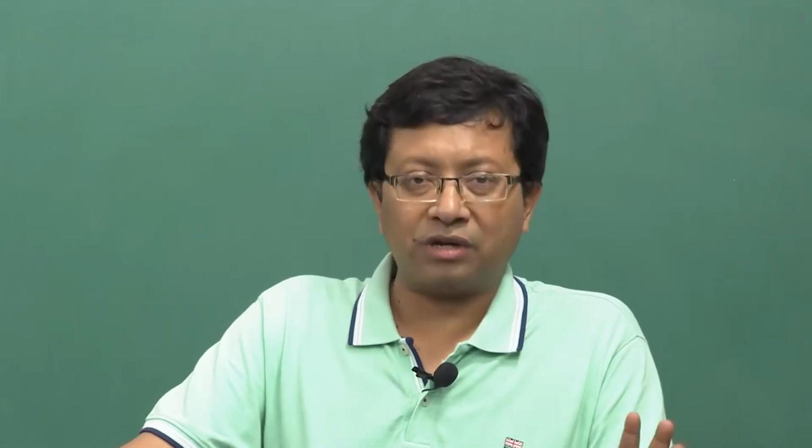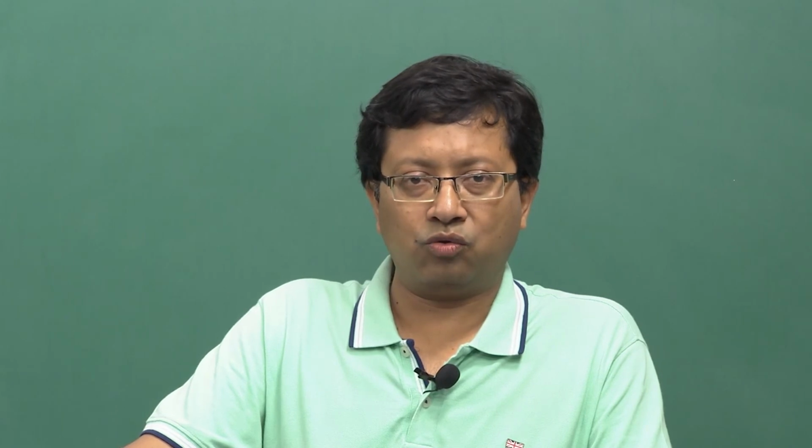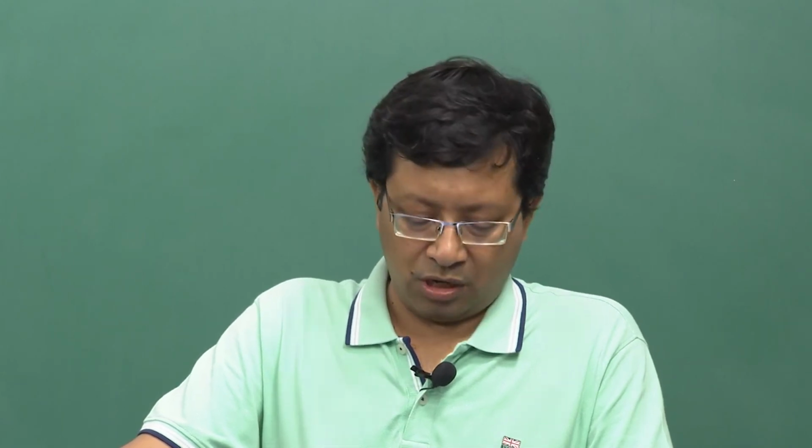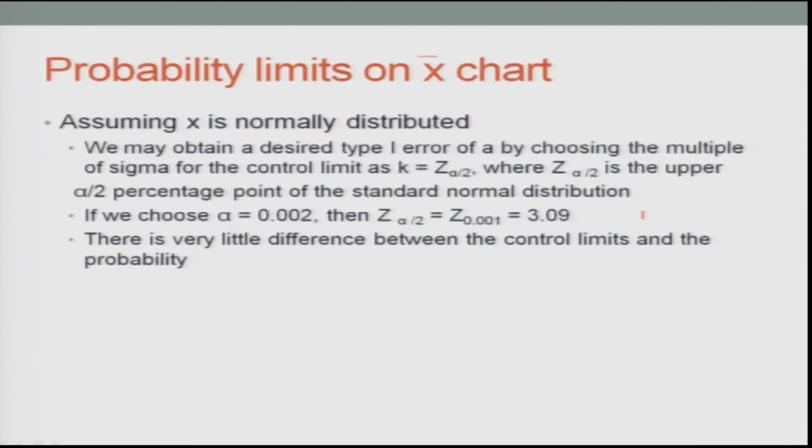So, it is also possible to define the alpha and beta values. These are called the probability limits for the control charts, which we will continue to study as we proceed with the course. So, now considering x is normally distributed, we may obtain a desired level of type 1 error by choosing the multiple of sigmas of the control values. Now, if we consider z subscript alpha by 2, it means that the value of the